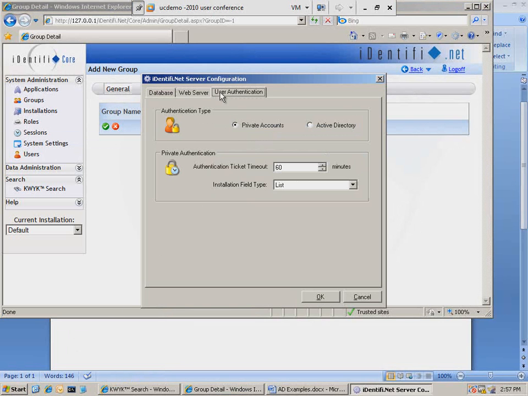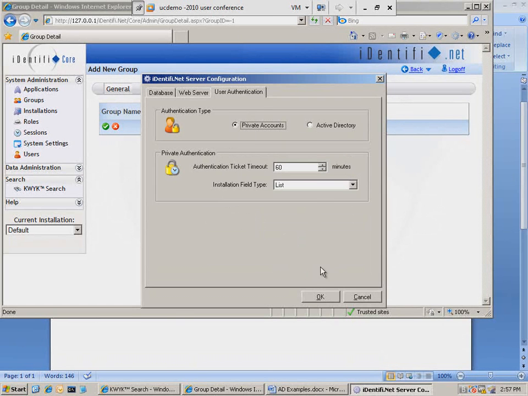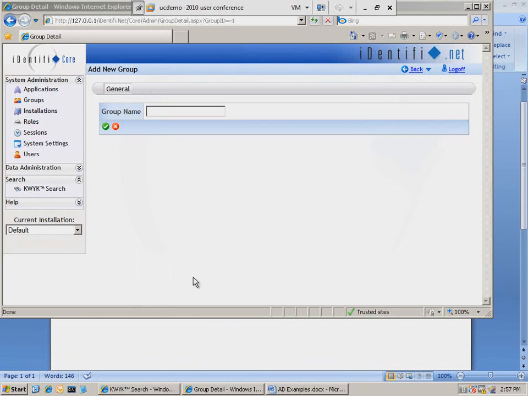Click on User Authentication, and you're going to choose Active Directory. Of course, fill in your blanks here. When you hit OK, that actually turns on the Active Directory synchronizing with our system. So let's put this back to the way it was. And going back here to Core, when you click on that Add Groups, that's when you're going to get a dialog box so you can actually pick and choose what groups you want to import